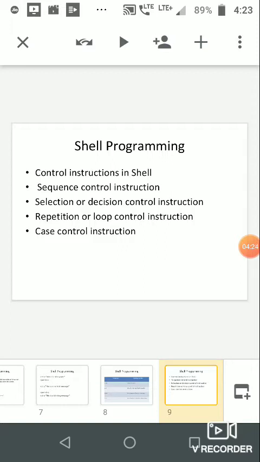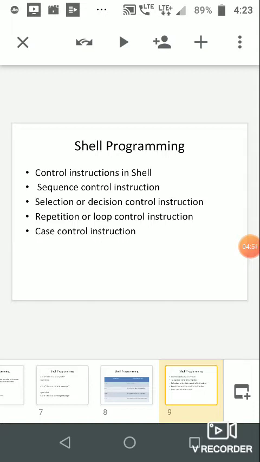That means it enables you to change the sequence of instructions, which would otherwise be executed sequentially. So what is the difference between sequence control and selection or decision control instruction? Actually the decision control instruction